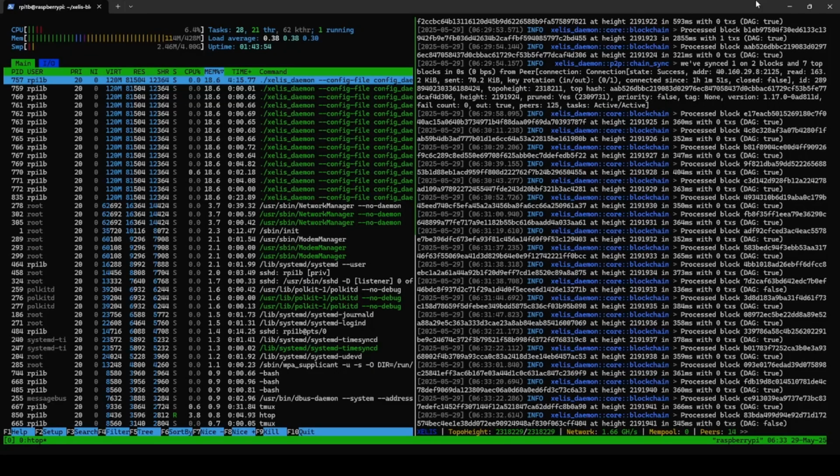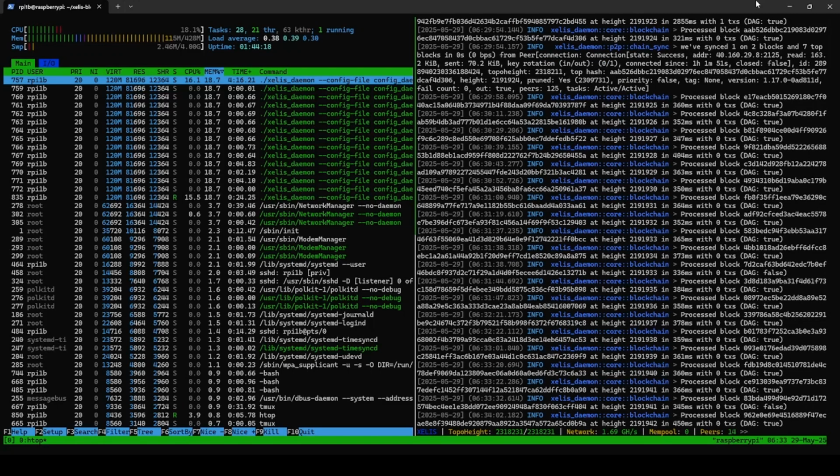Something to note about this is when I first got this, I did actually try and build the dev branch of the node, which right now has the option to use a different database scheme, and that would use less space. So that was my thinking: well, I'll build that version, and the database will be a lot smaller on file. I actually couldn't